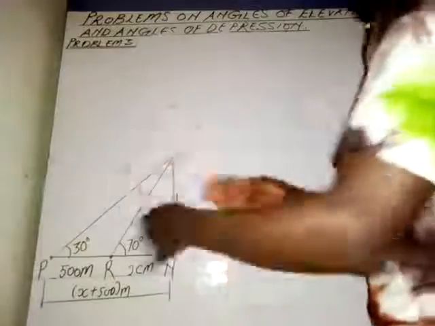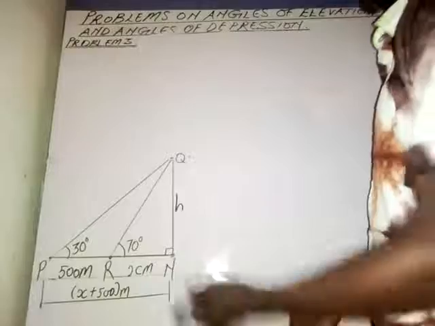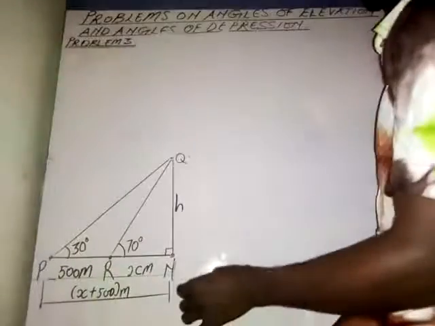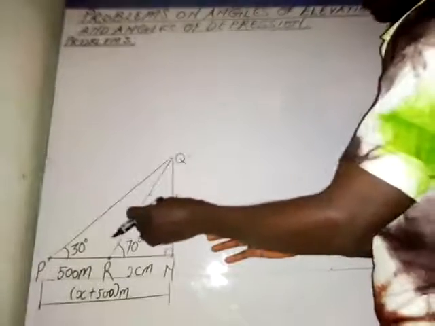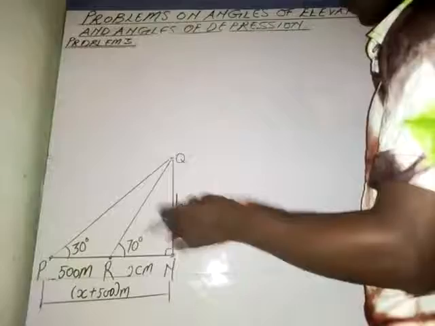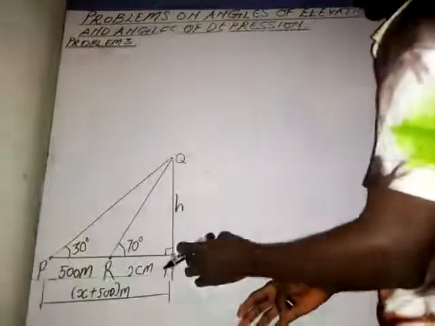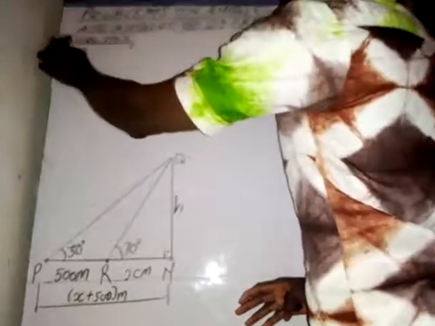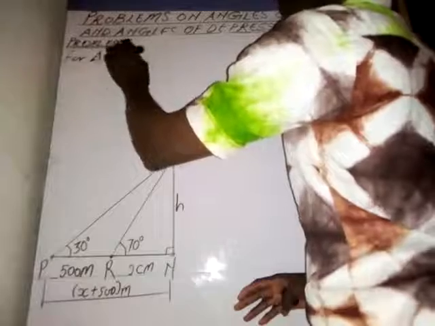Now, I need to break this whole figure down into two. As I said, we have two right angle triangles: right angle triangle PQN and right angle triangle RQN. So I'm going to break them down. Both of them have a common height. This height is common to these two right angle triangles. So I'm going to start with right angle triangle RQN. So for triangle RQN,